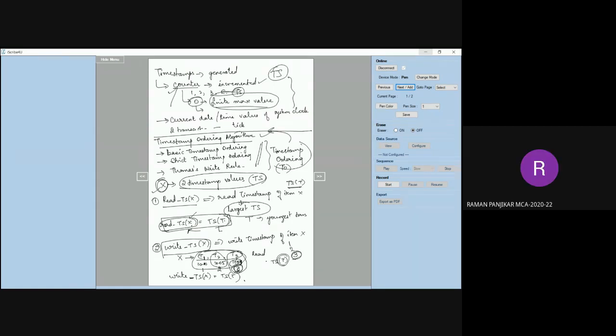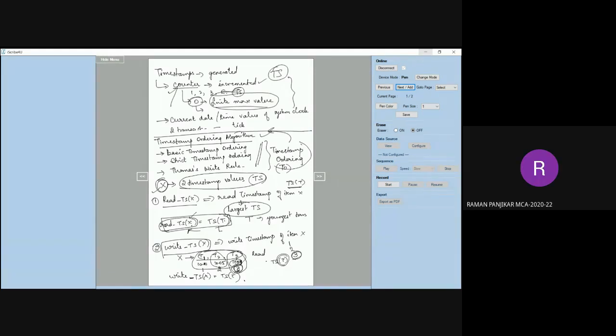Ma'am, if there is a case that T1 is still writing, T2 requested, T3 requested, but they have not been given permission to write. Yes, they will not be given permission, but they will be assigned the timestamp. Ma'am, the maximum timestamp still will be T3. Yes, it will be T3 only because it was submitted last.